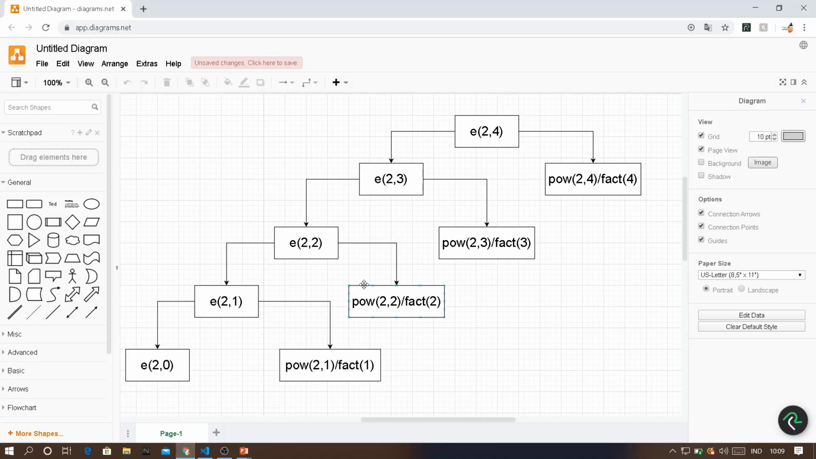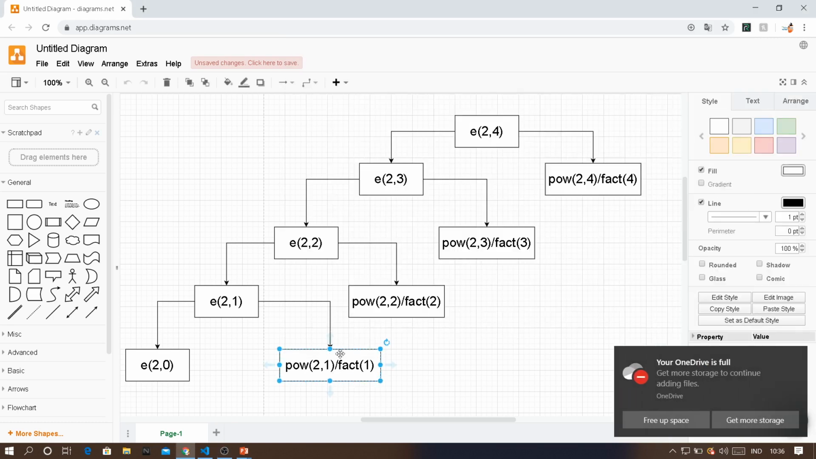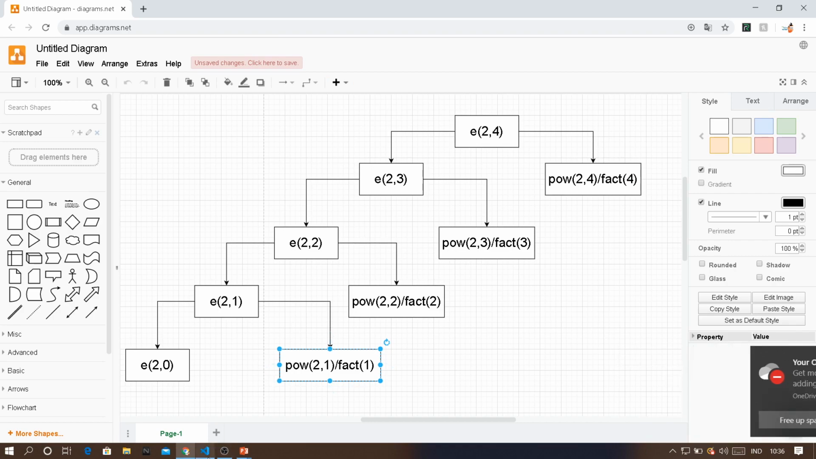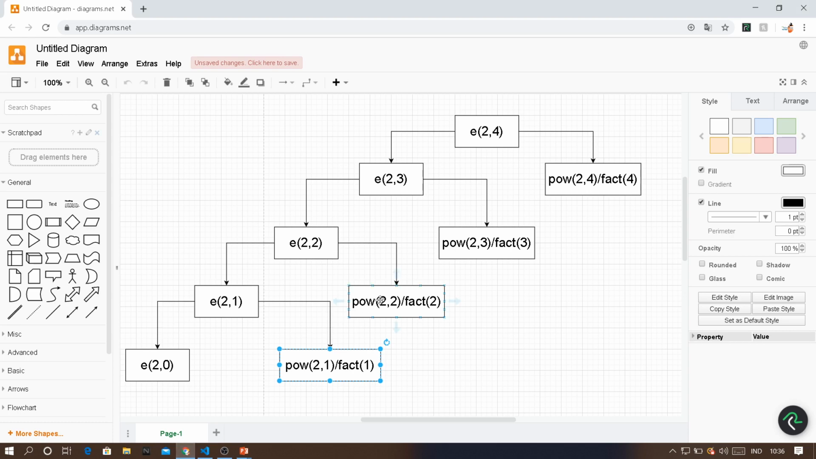Okay, I'll just show you the tree structure here. In this tree structure, if you see, every time you find a power, multiplications will be taking place. When you call power of 2 comma 1 divided by factorial of 1, this is x divided by 1, where there is no multiplication. Okay, fine. Next, when you come to the next one,